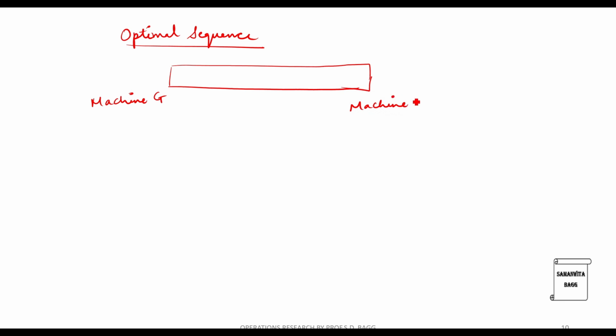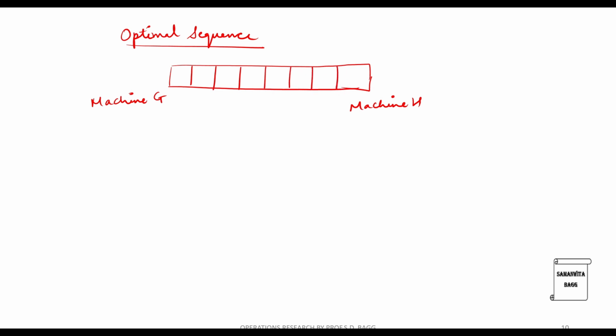For that, on one end, there will be machine G, and on the other end, there will be machine H. So there should be 8 of them.